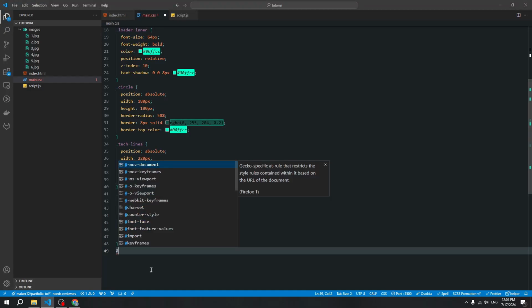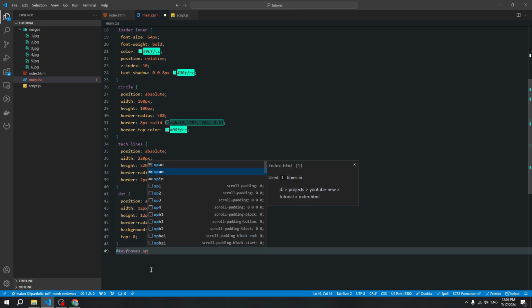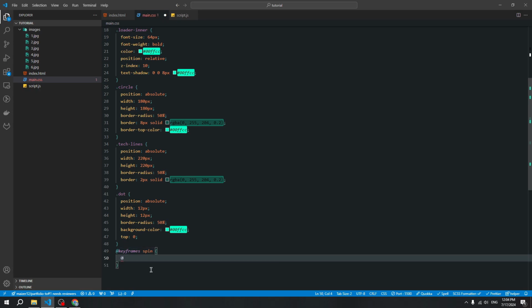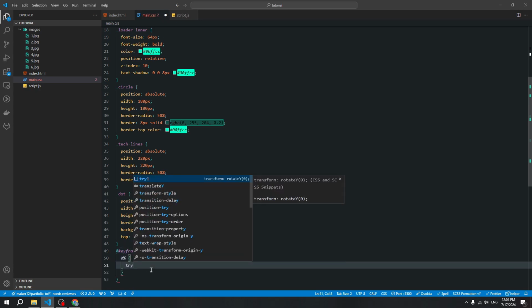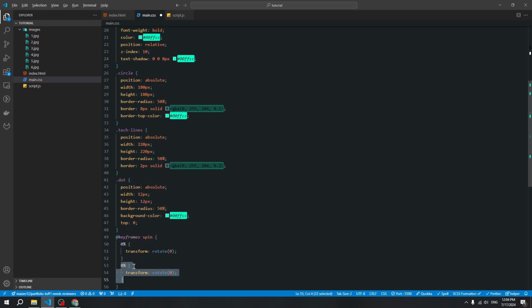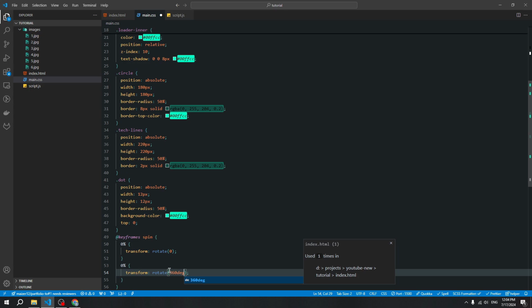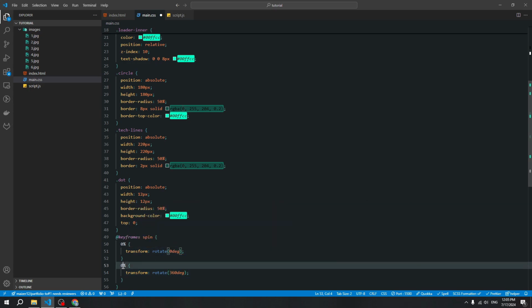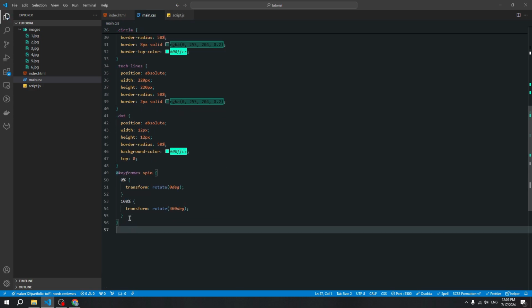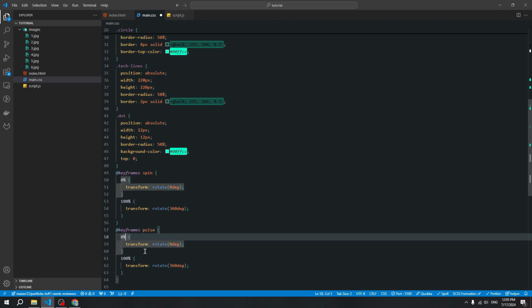First we'll create spin animation using keyframes and name this animation spin. We have 2 parts: transform rotate 0 and duplicate this code, but change value. Also add deg and change numbers at 100%, and next duplicate this animation, and now we'll create pulse, and let's